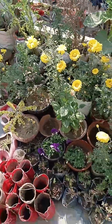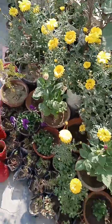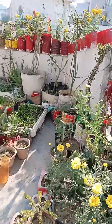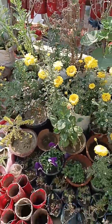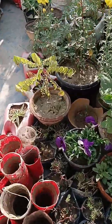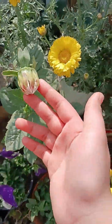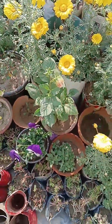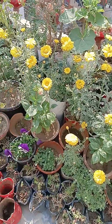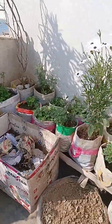So today the weather is sunny and bright, and I'm going to show you my garden. There are so many flowers today that I didn't even know one day ago would bloom in it. But now after seeing it, I'm impressed a lot. And you can see how